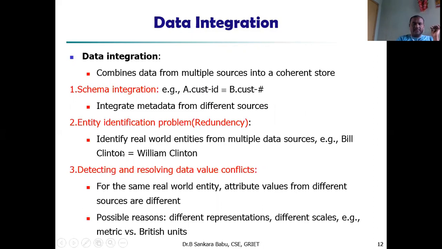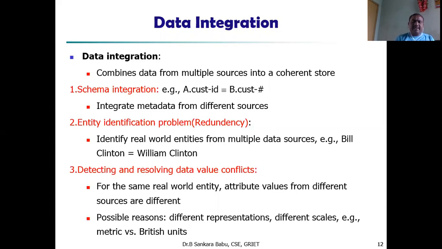Another example of redundancy: Bill Clinton equals William Clinton, both are Clinton. Whether it is redundant data or not, we should be very careful. First, while integrating schema, we have to find the similarity or match. Object matching is the data analysis that identifies and matches up objects that have the same meaning but different names in different databases. This issue is also known as the object identification issue.